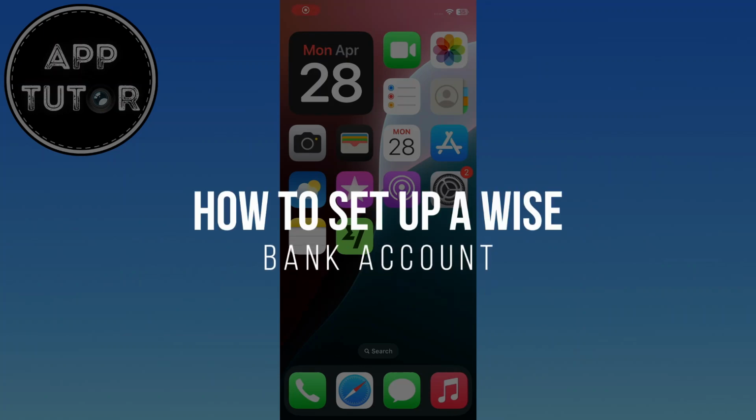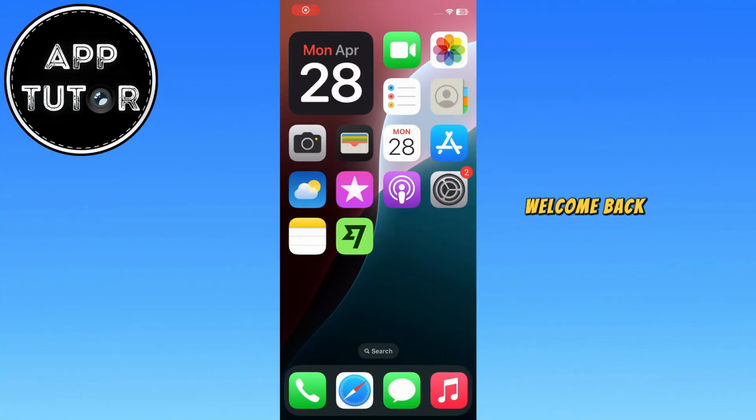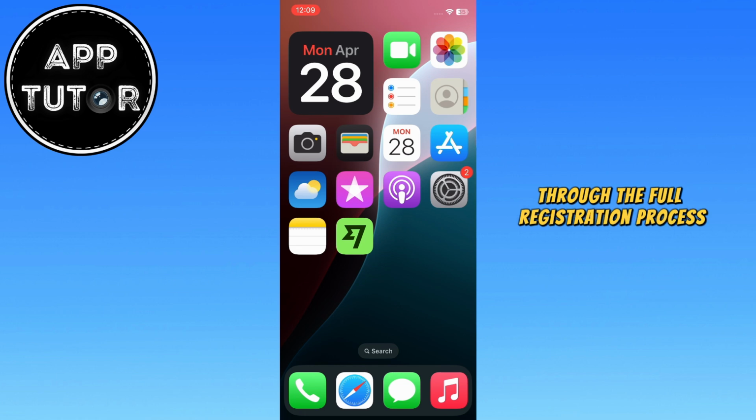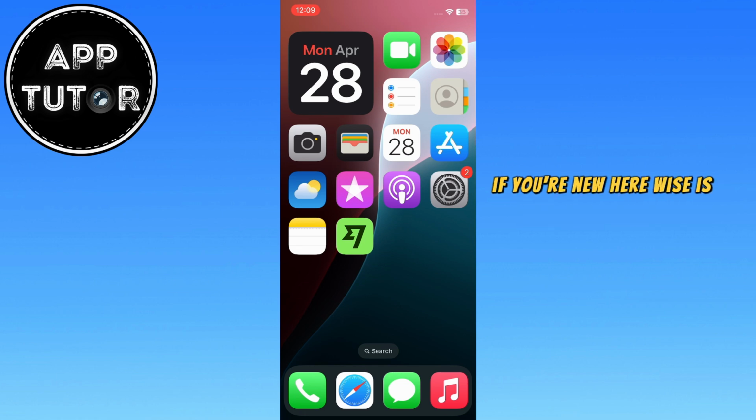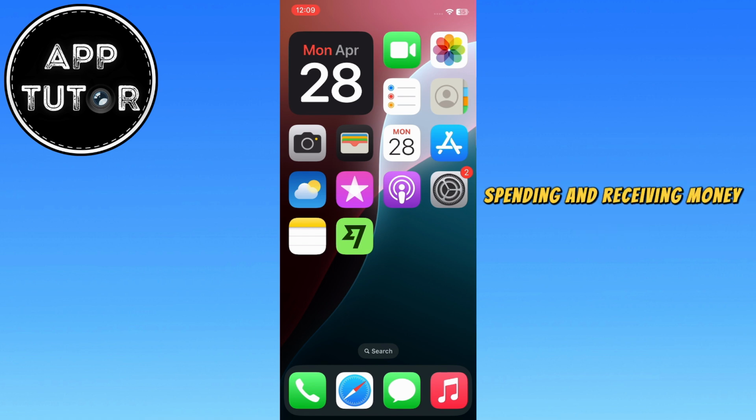How to set up a Wise bank account. Welcome back. Today, I'm excited to guide you step by step through the full registration process for setting up a Wise bank account. If you're new here, Wise is a fantastic platform for sending, spending, and receiving money internationally at